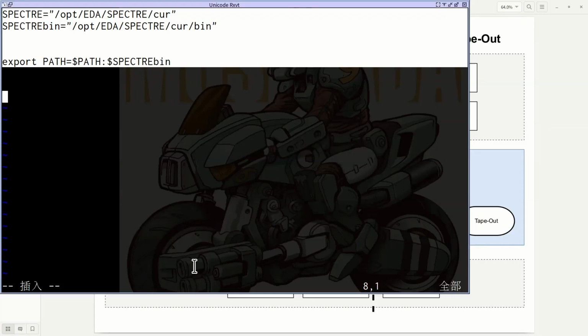So you can use export LM_LICENSE_FILE=5280@ the license server. You can export it to the LM_LICENSE_FILE variable or CDS_LICENSE_FILE. I already showed you that before. Then we can verify Spectre.